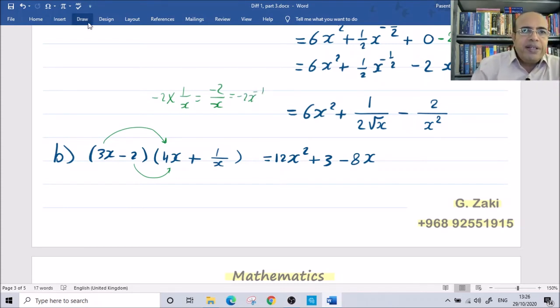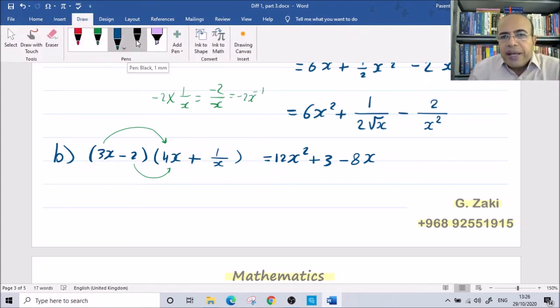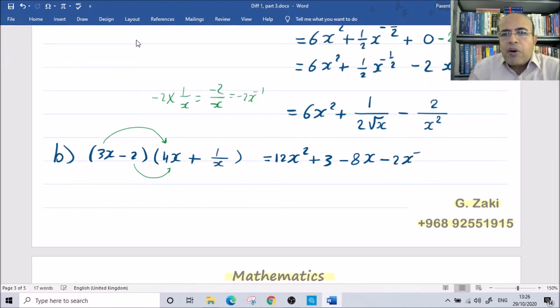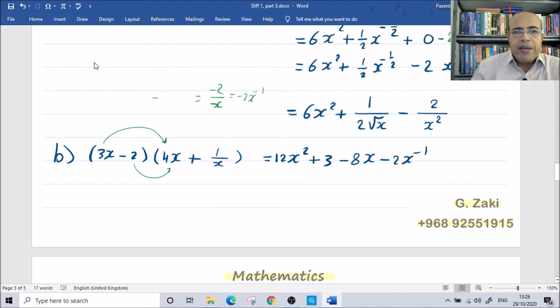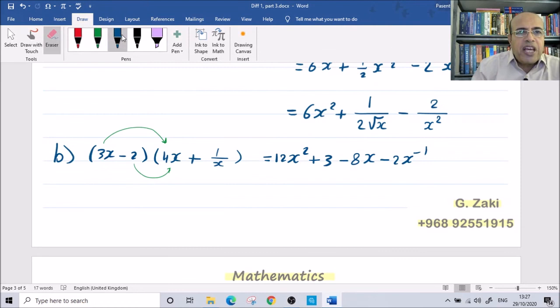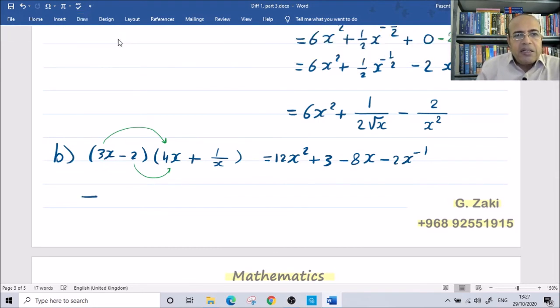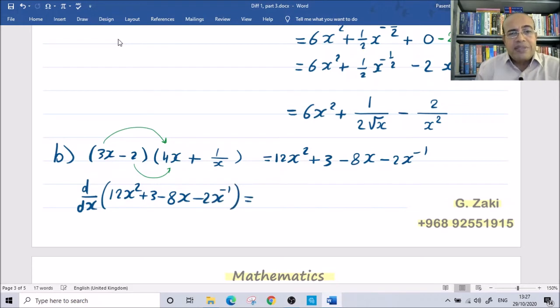Then we write here negative 2x power negative 1. Okay? And now we differentiate because we finished the simplification. So d by dx, there are no like terms to add them. So we just write 12x squared plus 3 minus 8x minus 2x power negative 1. The answer is